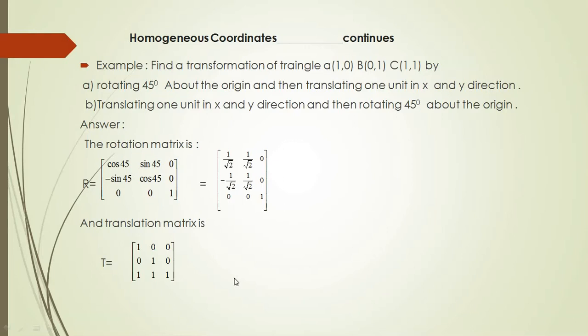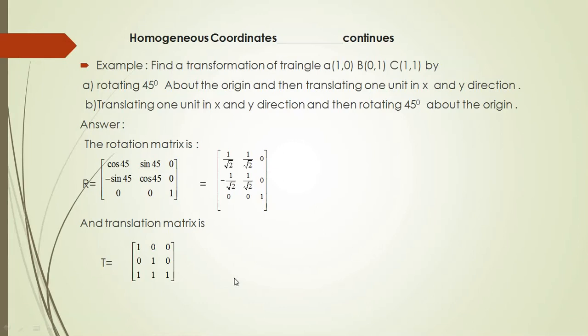The second question B is translating 1 unit in x and y direction. So the triangle is translated by 1 unit in x and y direction, and after that this translated triangle is rotated 45 degrees about the origin. So the answer is,